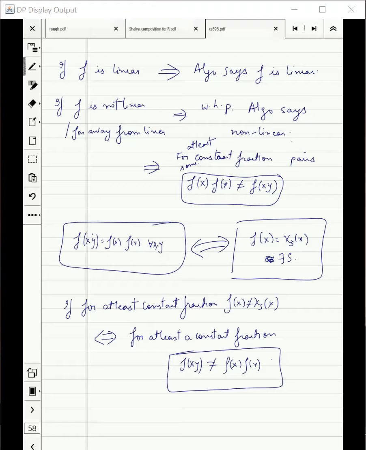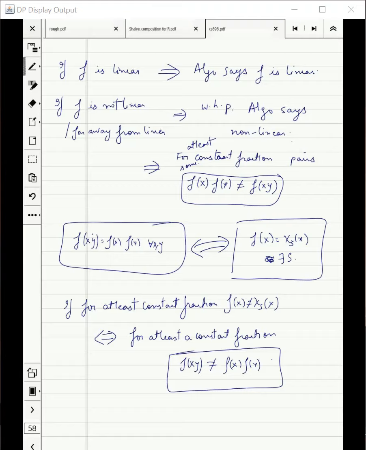This is clear, our task is clear. So I have this question about how we show this second equivalence. If f(x) does not agree with chi_s(x) on some x, it might still happen that f(xy) for some y is equal. I mean, if for two points x and y, f(x) is not equal to chi_s(x) and f(y) is not equal to chi_s(y), it must still happen that f(xy) is the same as